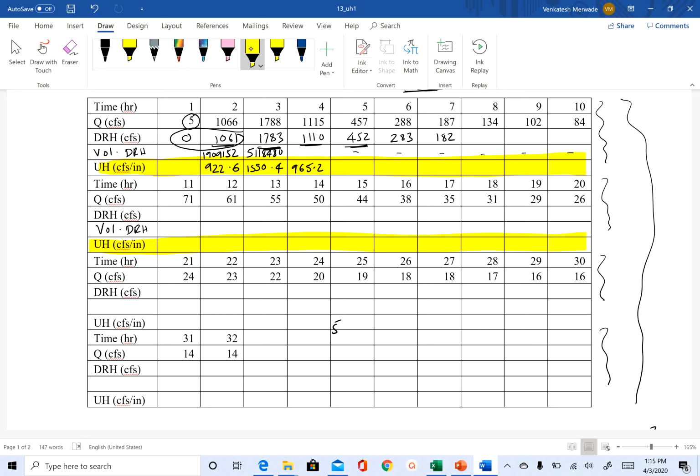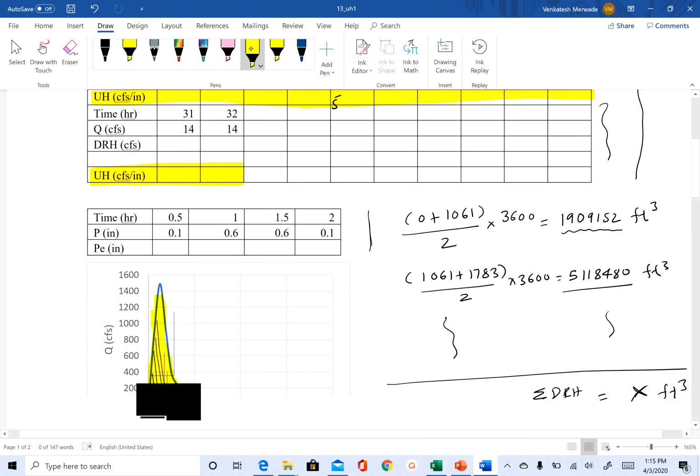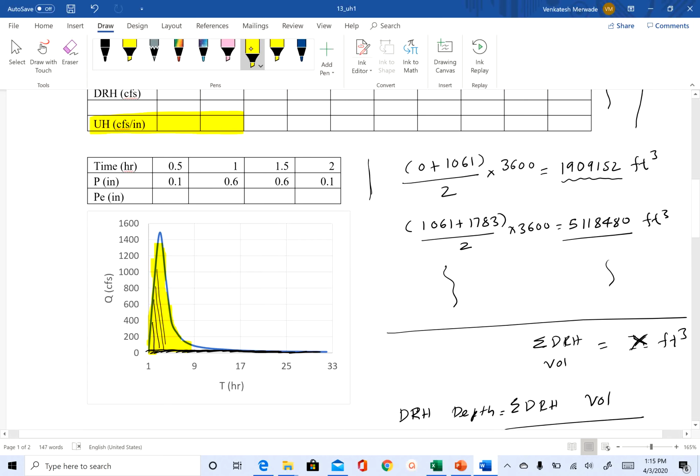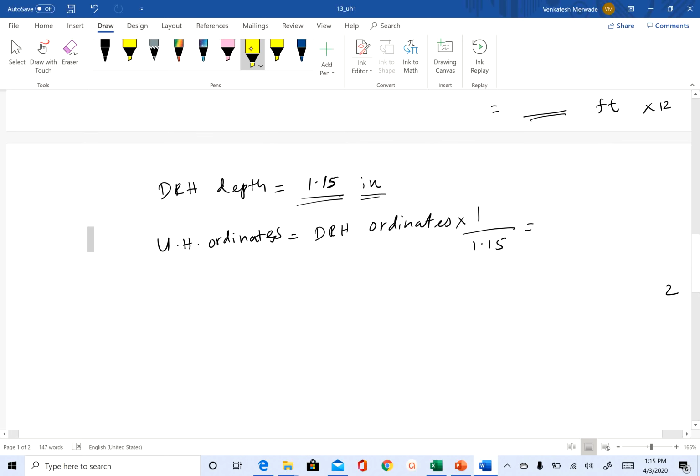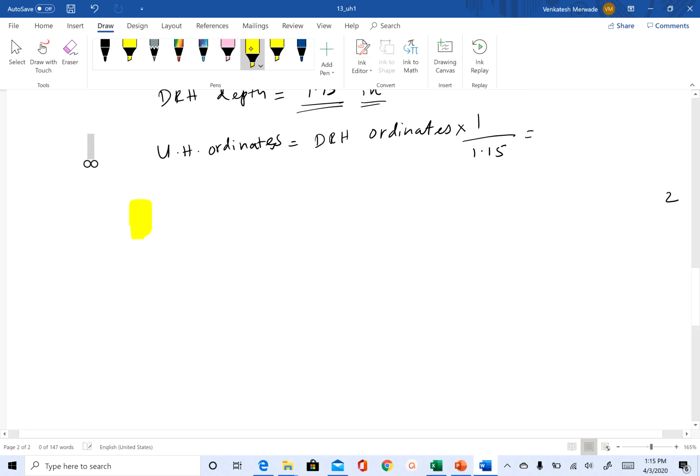And if you want, you can calculate the volume under that, and that should come to around 1 inch. Okay, so this is how you can get the direct or the unit hydrograph from the discharge hydrograph. So getting that hydrograph is one part of the unit hydrograph. The second part is to get the duration of the unit hydrograph. So duration,